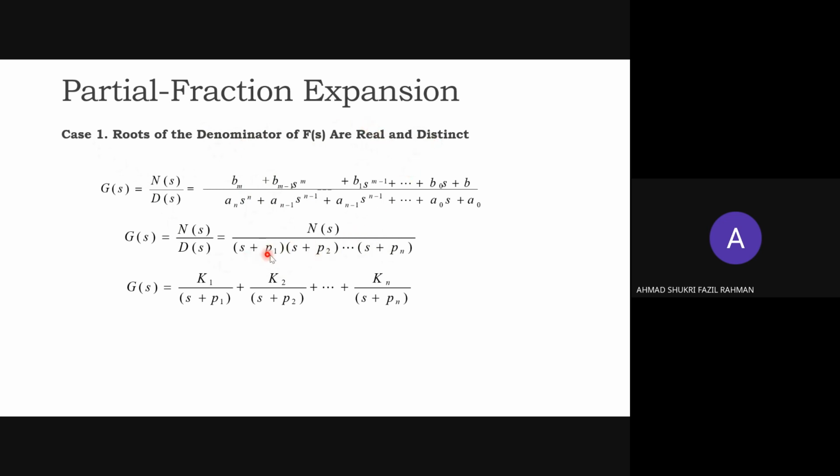You can see the denominator is the first term multiplied by the second term, multiplied by the third, fourth, and so on up to the final one. So all the terms here are multiplications. The first step of partial fraction expansion, once we have completed the factorization process, is that we move on by changing the multiplication between the first term, second, up to the last term, to plus, or summing.